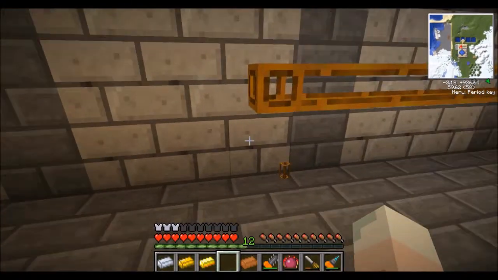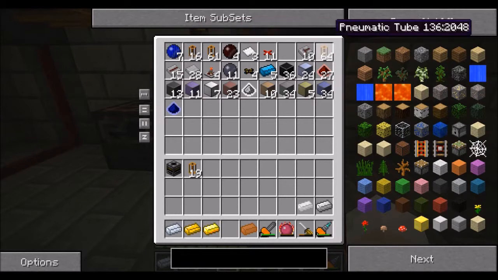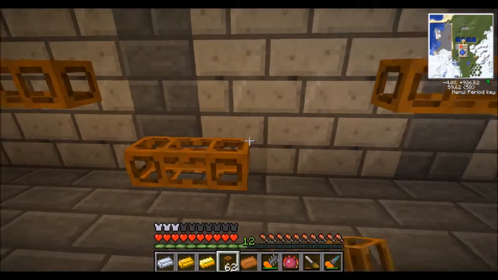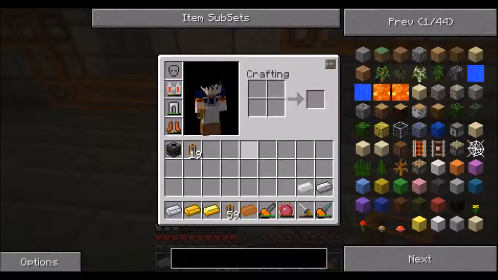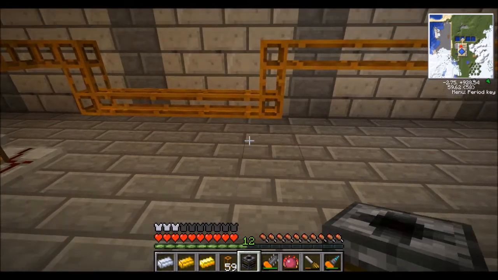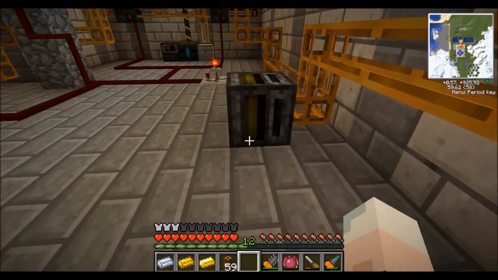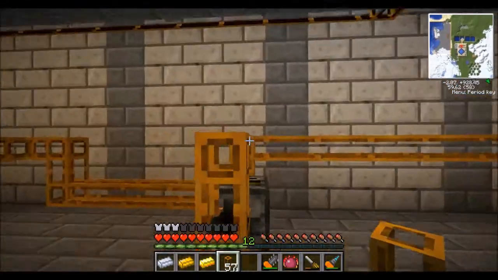We'll probably need some more pipes, so we'll just go over here and get some. Pneumatic tube, that's what I'm after. Plug it back in. If we stick the filter down next, where should we pop the filter? We'll pop the filter there, and we'll stick the tube there, and we will go